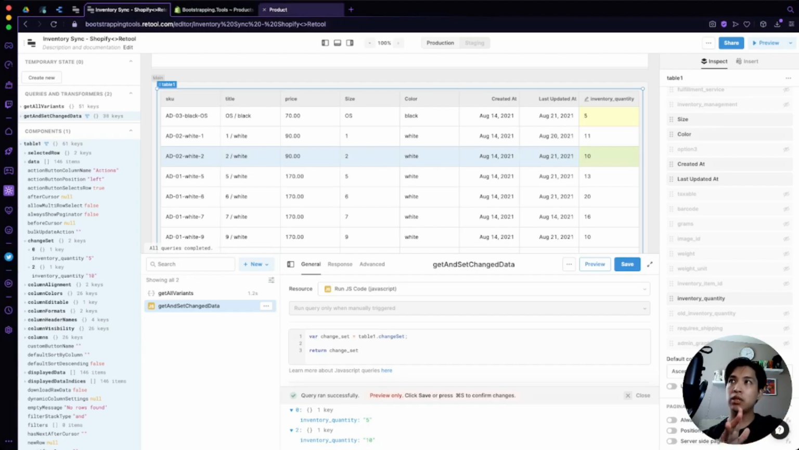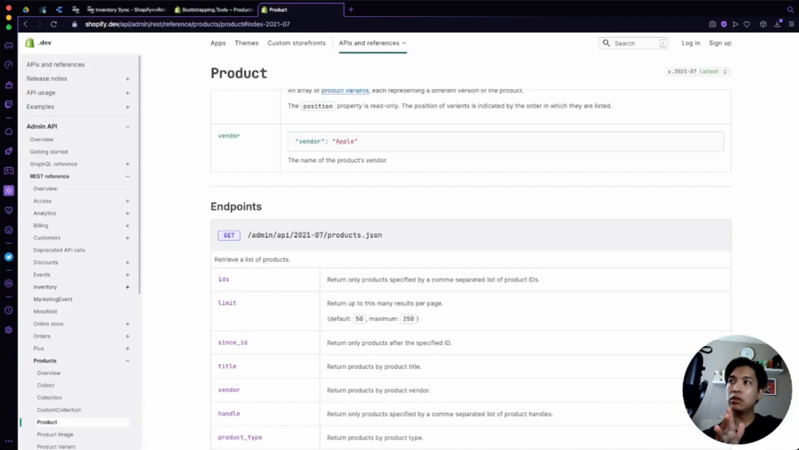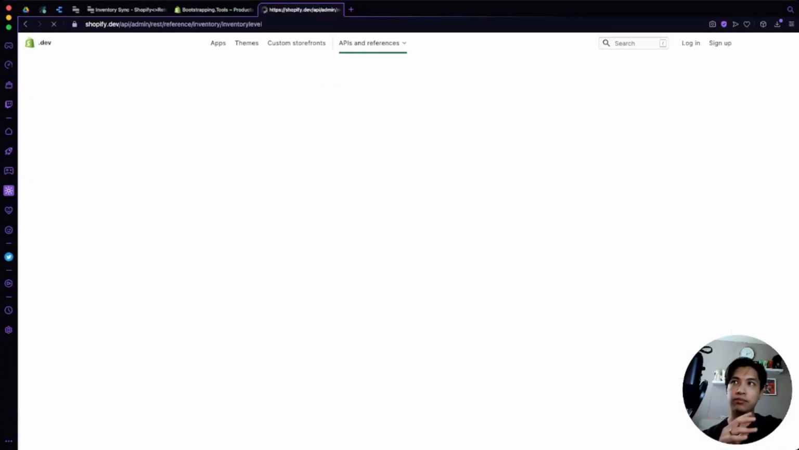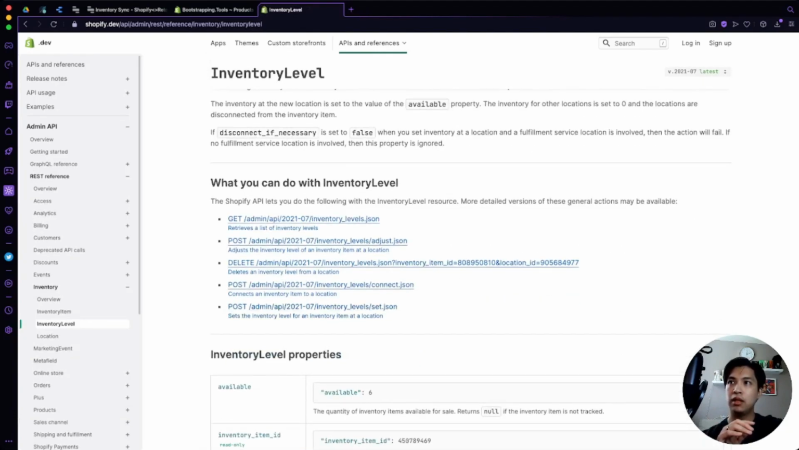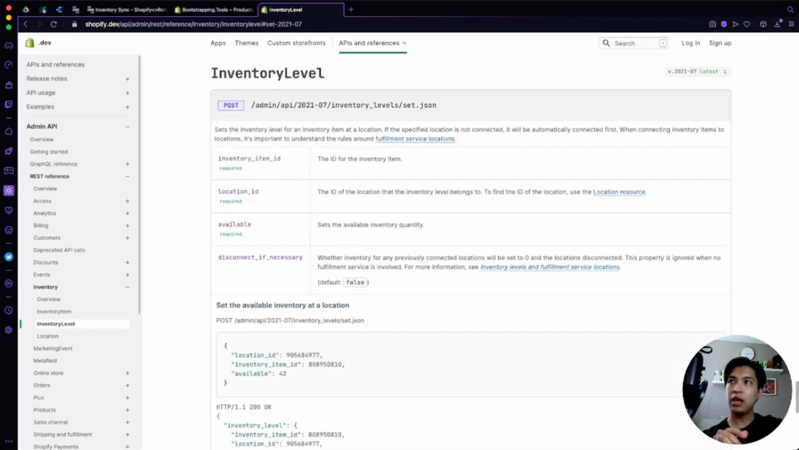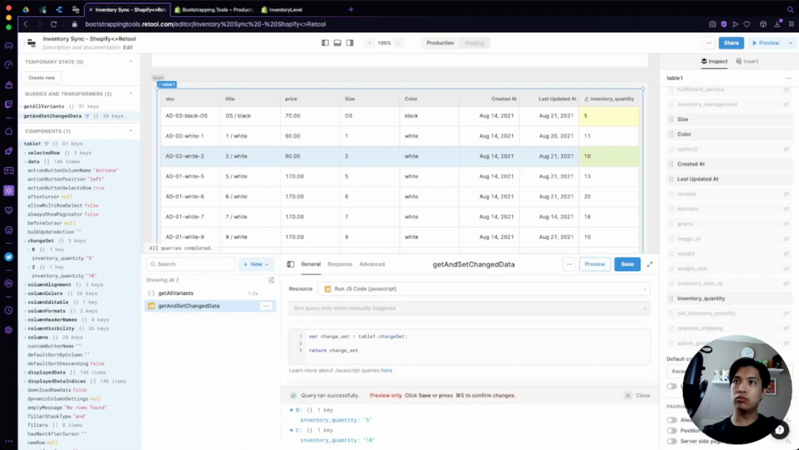And just quickly before we dive into that, let me just show you real quick. You go over to inventory and the inventory level. This is the endpoint that we want. And then post admin blah blah blah inventory level / set. And within here we need the inventory item ID, the location ID, and then available, which is just the quantity of the inventory that we want to set it to. So we don't need to copy this just yet, but just keep in mind that we need inventory item ID, location, and available. So going back over to Retool,